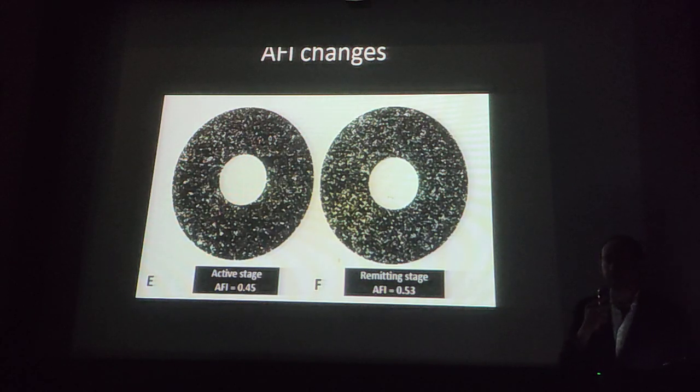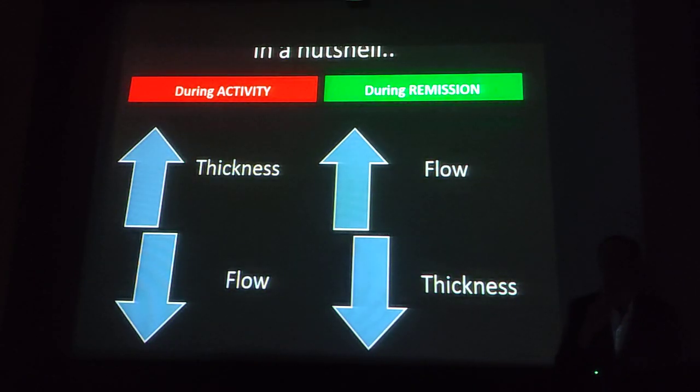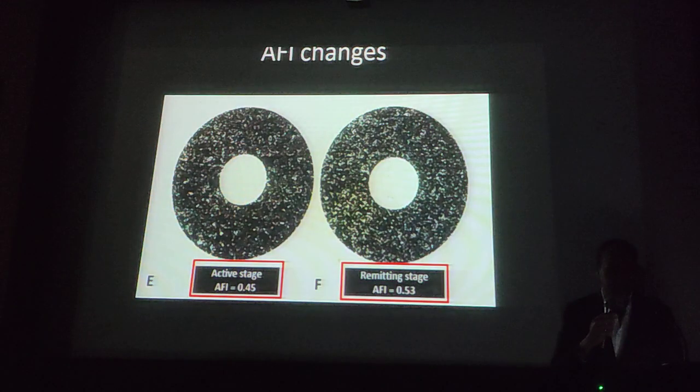So this is an example of how we calculate these numbers. It gives you a number. During activity, this particular patient had an adjusted flow index of 0.45, and then this increased to 0.53 during remission. So basically, in a nutshell, during activity, there was higher choroidal thickness and less choroidal flow. During remission, there was the opposite: more flow and less